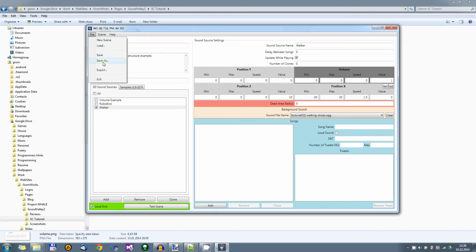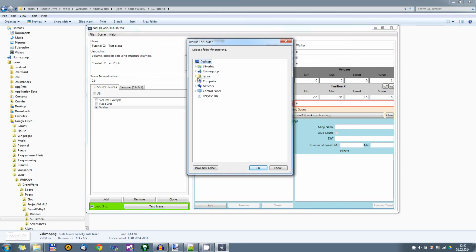Also, I can just double click it, and now I want to export this scene for you. I want to export it and publish it to the website. That's how you should do. This is exactly what you should do with your own scenes. If you want to send it to somebody, and if you want to send it to me, for example, click export, select the folder, for example, drive D, temp folder, and